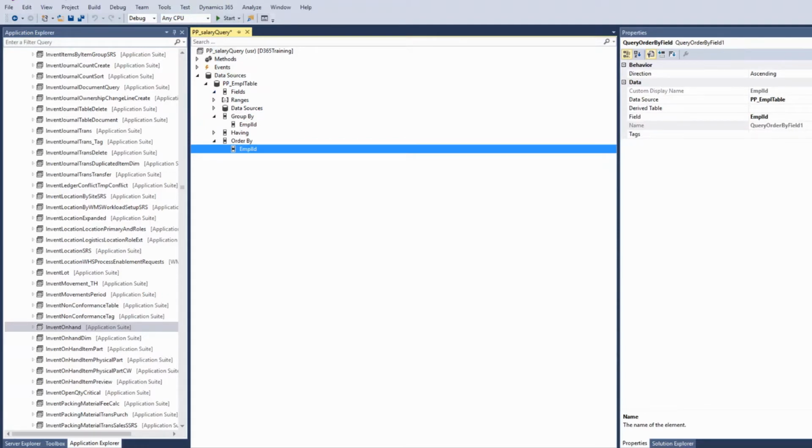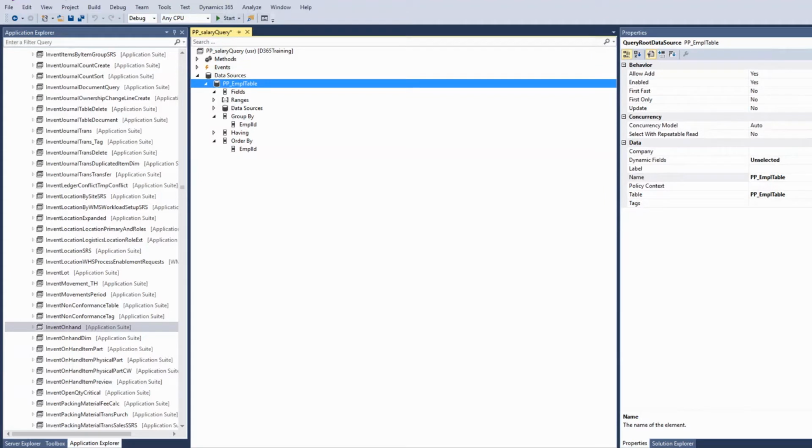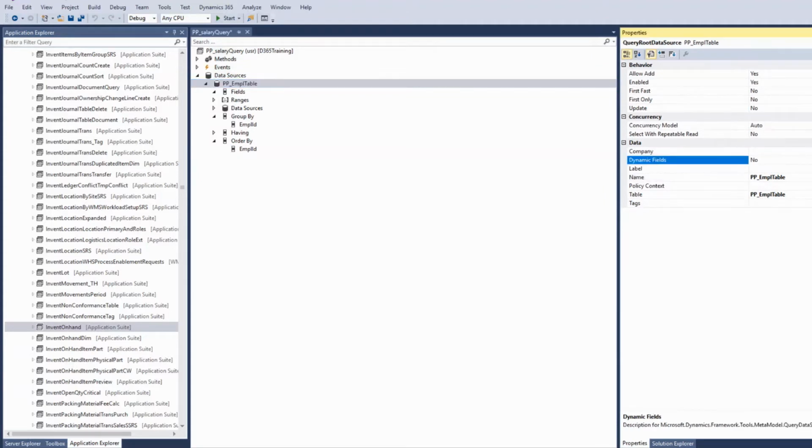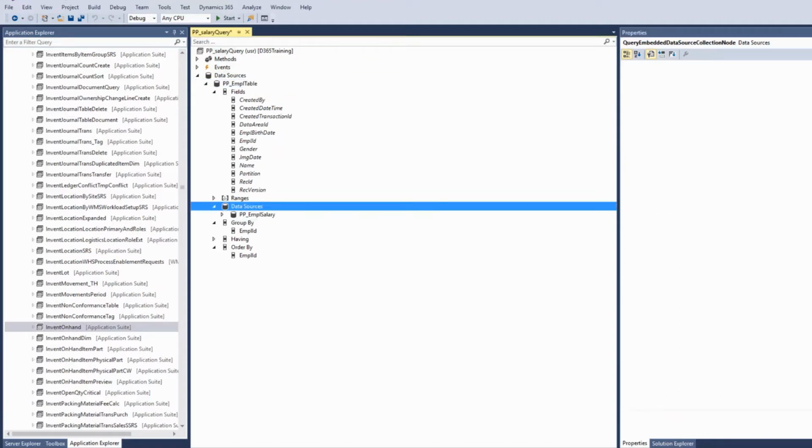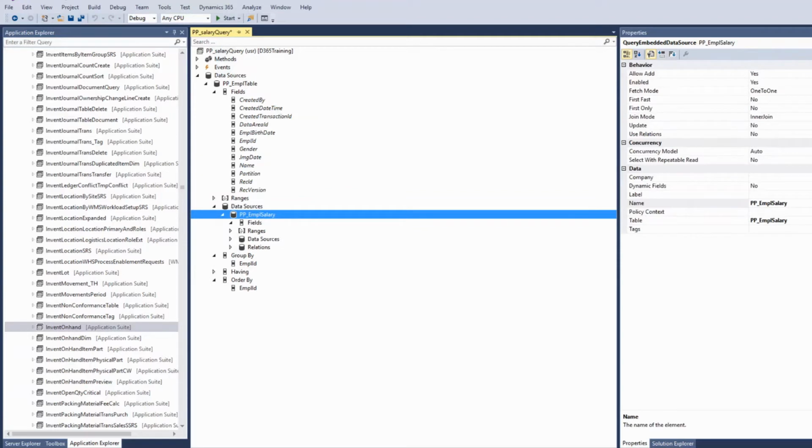Let's define the fields. For that I will set the database data dynamic field property to yes. See, automatically the fields are created. Now in the child data source, I cannot use this dynamic field property because I have used the group by function on this table, grouping the records based on the unique ID. Now I have to use the aggregate function.